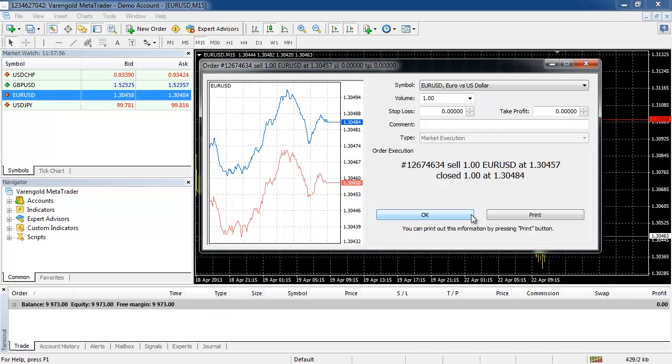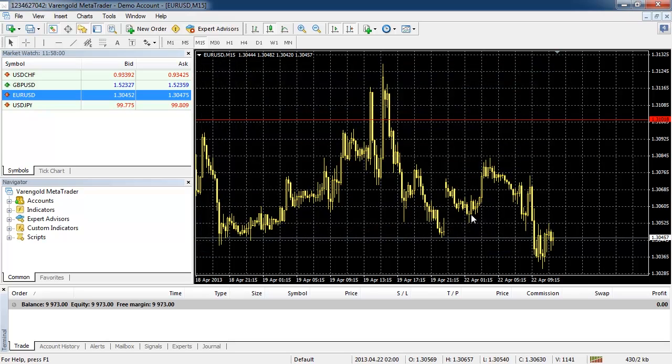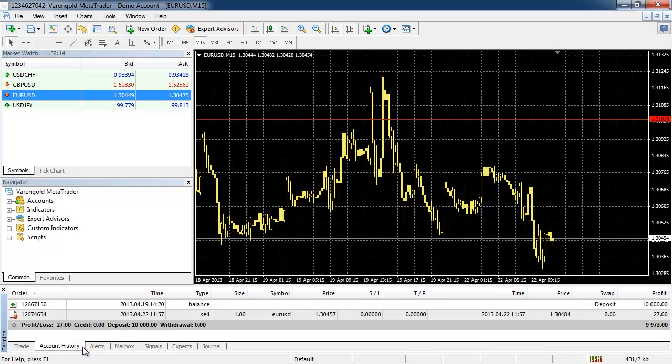By the way, you can access the same ticket whenever you make a double click on the respective open position in your list. At the bottom of the screen, you will see that the terminal window will have several tabs. I quickly want to introduce you to the second tab called Account History. Here you will see a list with all executed orders. If a position disappears from the first tab Trading because it has been closed, it will appear in this view